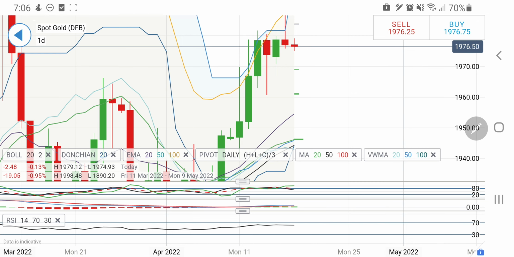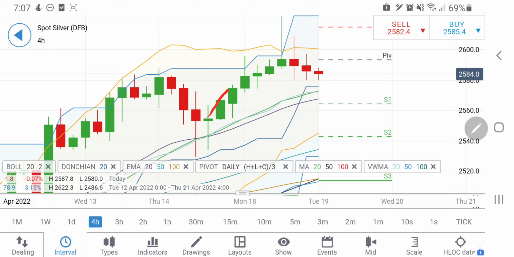Now let's have a look at silver. Now this is the 4-hour chart for silver. You can clearly see it is trying to form this. Probably it may try to come back again towards 2570 levels. 2580, three candles consistently getting support at 2580. 2580 is not willing to give up from here, so possibly if it sustains above 2580 and trades beyond 2595, you can again go long. So above 2595 I will recommend you to go long again.